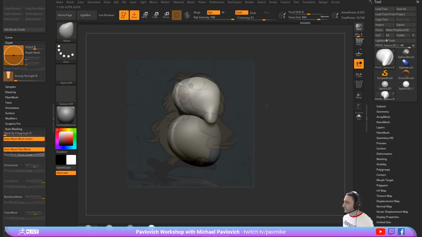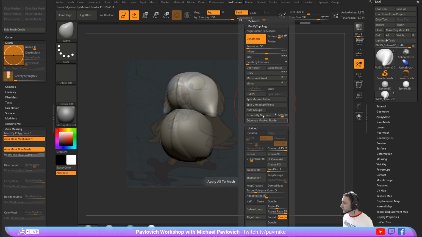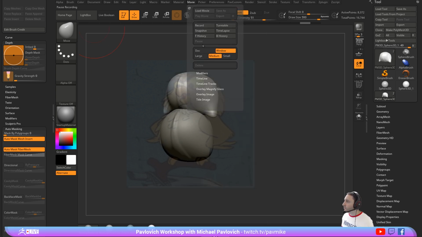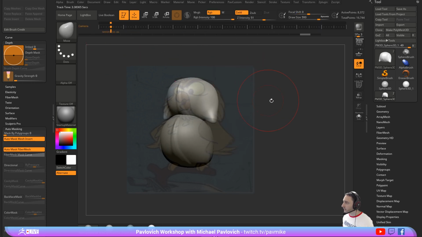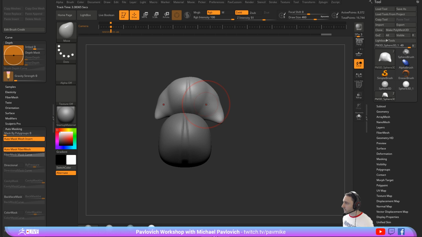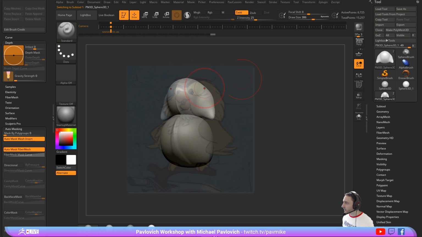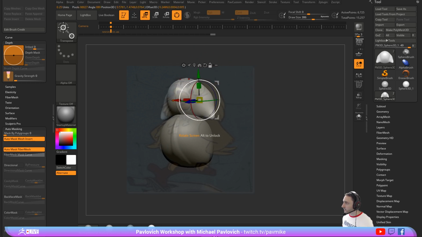And then once I get this thing kind of lined up, I can go into my movie. Do I have that loaded up in here? No. Go over here to your movie timeline, and we'll go ahead and show it. And we're just going to put a little dot on here, so that way I can keep snapping back to that view. So now we can go through here. Oops. Let's do a quick Mirror and Weld. That would help. Got off axis there. So now we can snap back,